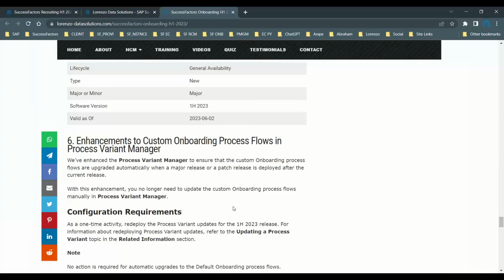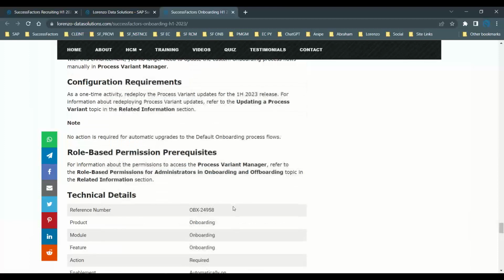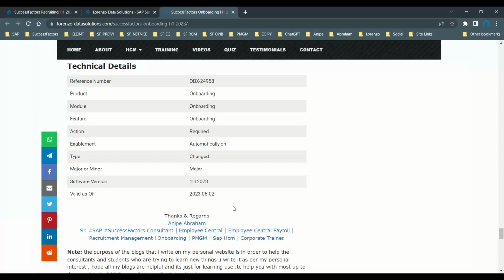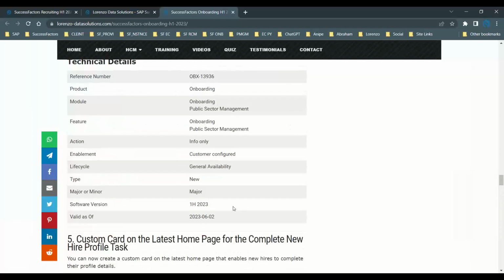Next, enhancements to custom onboarding process flow in the Process Variant Manager. This particular feature ensures that custom onboarding process flows are upgraded automatically when a major release or patch release is deployed after the current release. With this enhancement, you no longer need to update anything in the custom onboarding process flows manually. It is automatically going to be updated. So these are a few of the technical details, and I have tried my best to